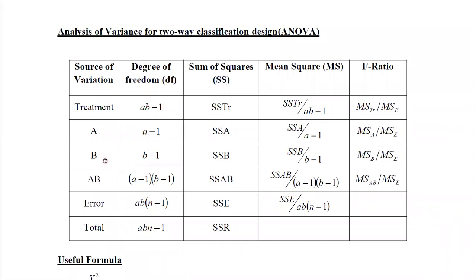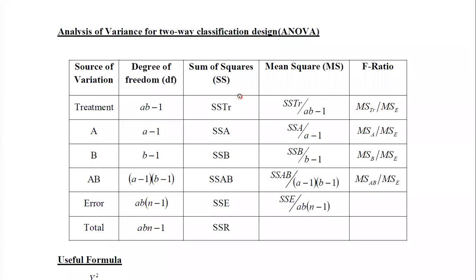And the next important thing is actually this A, B and AB term. We are elaborating this treatment using these three terms. Therefore, if you add these three values, then it should give you the degrees of freedom of the treatment also. If you add A minus 1, B minus 1 and this quantity, then you will end up with the degrees of freedom as AB minus 1. It is because we are using these three terms to elaborate the treatment.